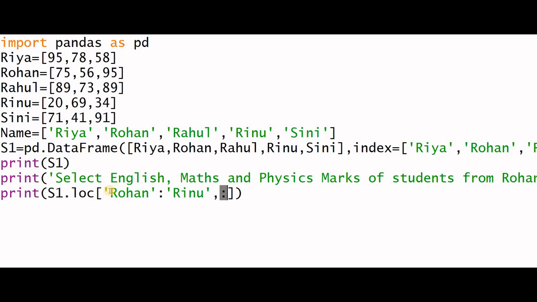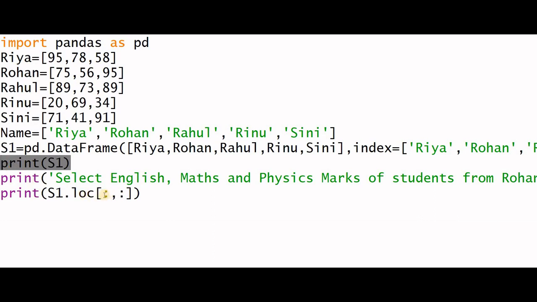Similarly, you can give it here also. If you are giving only colon here, that means from the starting row label to the last row label, from the first column label to the last column label. It is same as print S1.